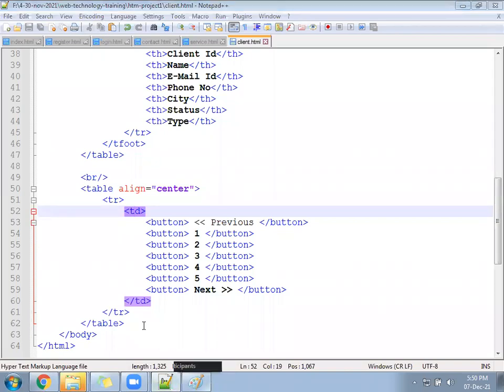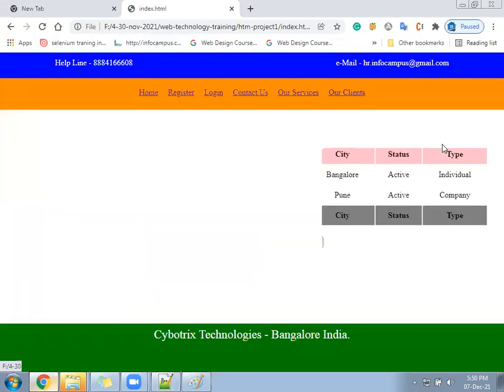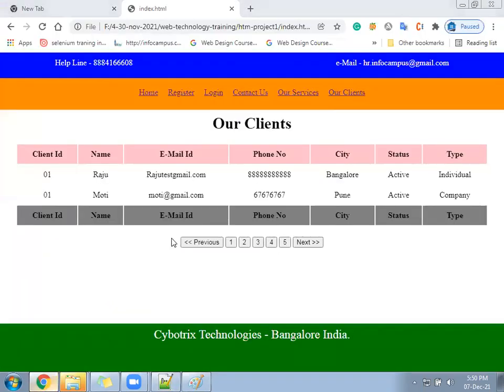Arrow mark is coming. Left arrow mark, right arrow mark.